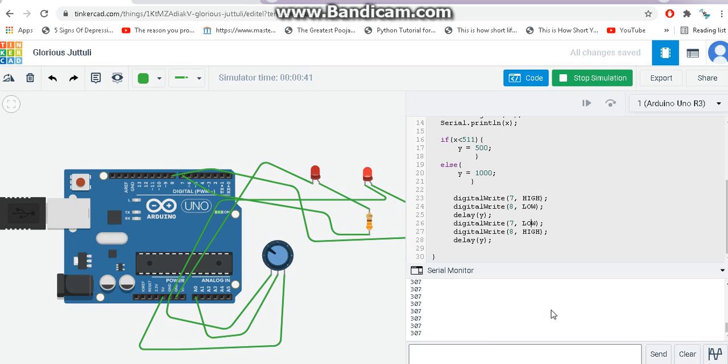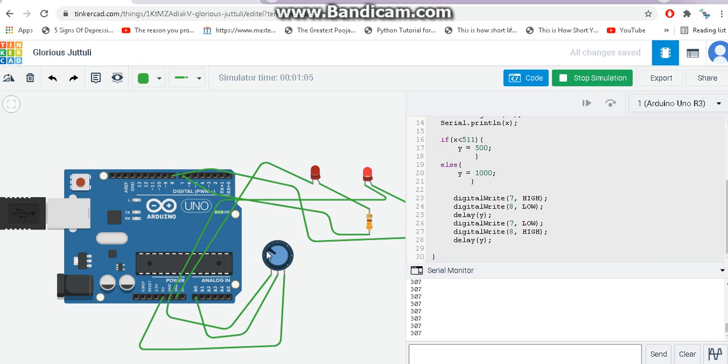Make sure, guys, for the sake of the simulation environment, if you want to see the outcome, please make sure the value is printing in the serial monitor. Let's say I am passing it more than 511. Don't look at this potentiometer, just look at the serial monitor. If you are seeing a value above 511 in the serial monitor, then only you will see the outcome in the LED, guys. You get it? In a real-life Arduino, you don't need to worry, because if you rotate it, you will see the serial monitor values change. But since this is a simulation environment, there are such quirks, so don't worry.